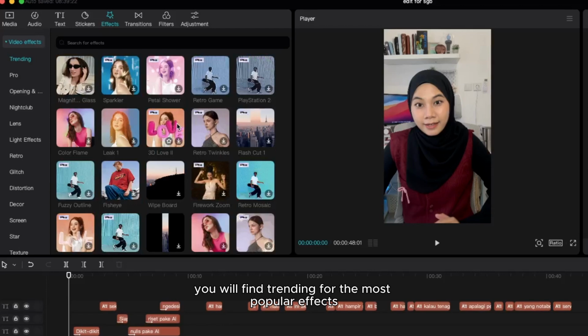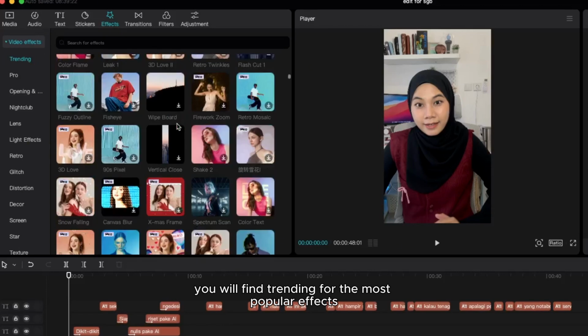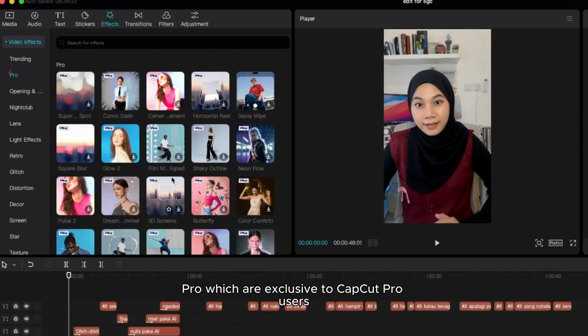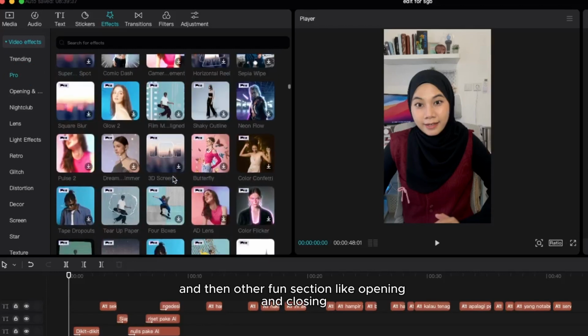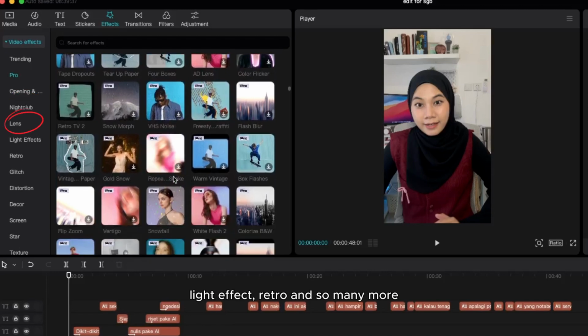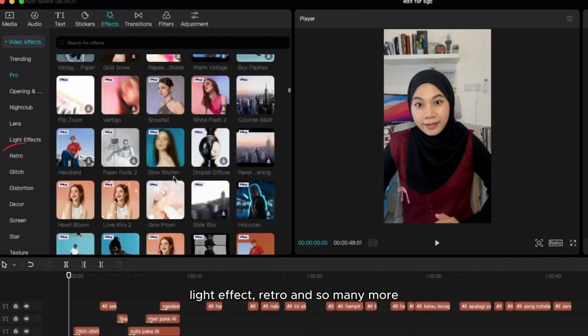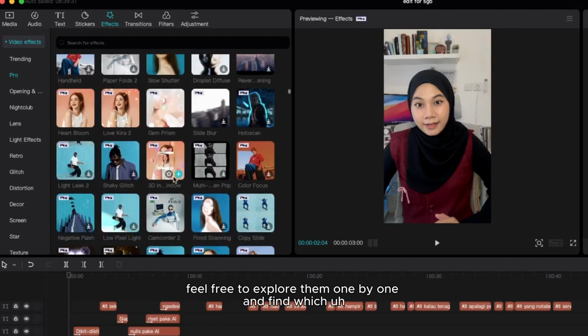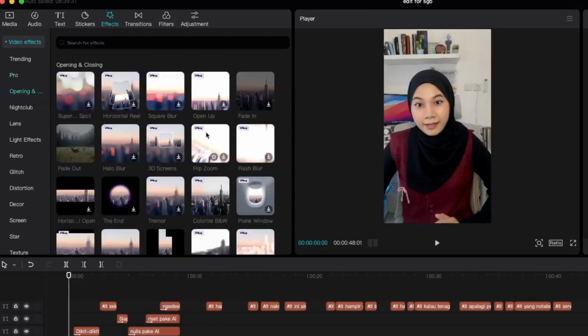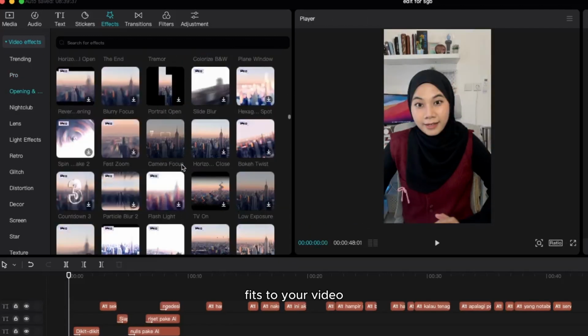You will find trending for the most popular effects, pro, which are exclusive to CapCut Pro users, and then other fun sections like opening and closing, nightclub, lens, light effect, retro, and so many more. Feel free to explore them one by one and find what fits your video.